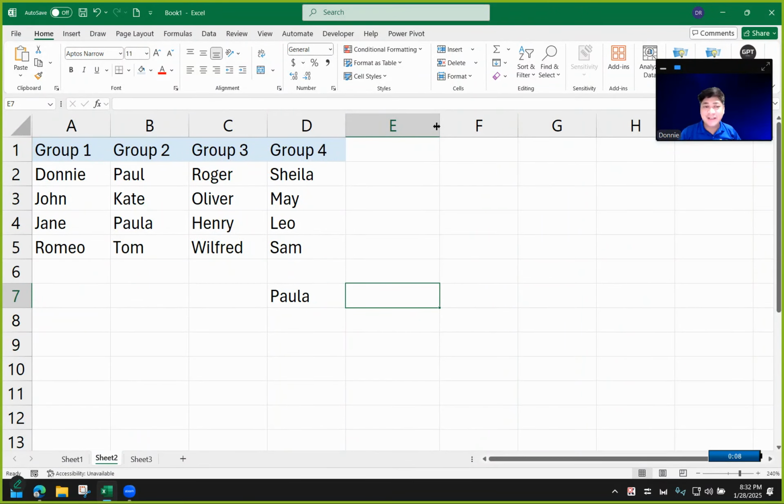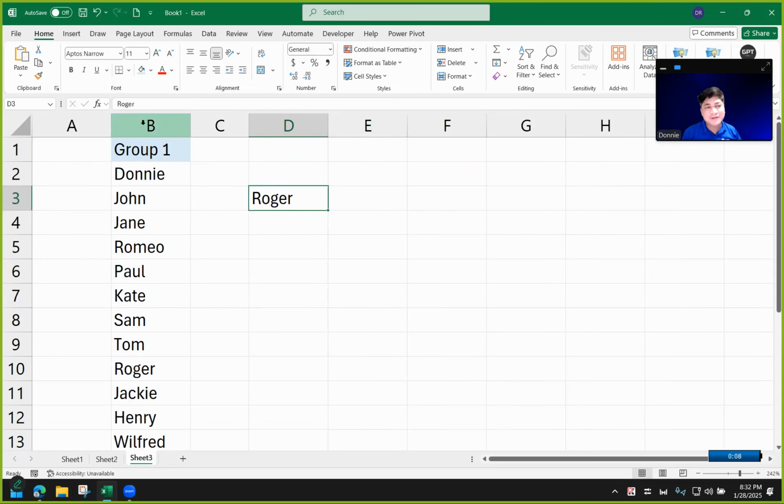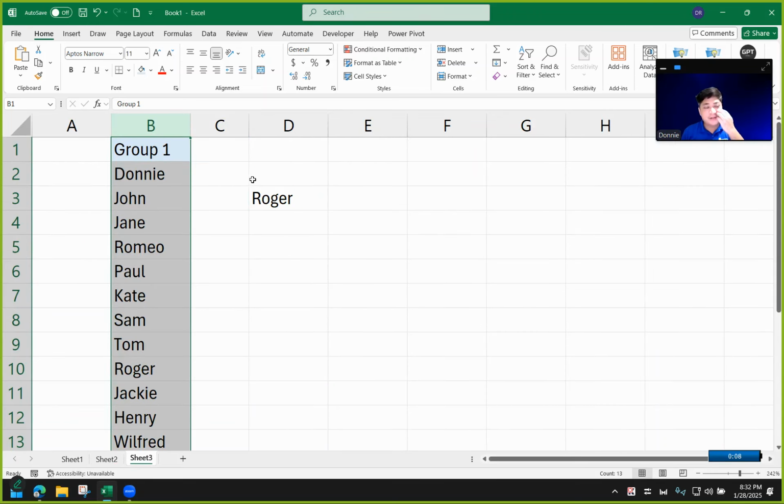My name is Donnie and I'm here to give an answer to a question that I actually got twice in just one week. And that is how to find the cell address where a certain value is in a range of cells. Now, if you search for something like this over the internet, you will actually find an answer, but the answers I found mostly are for when you're dealing with a column, or when you have a table but you know where that column is.